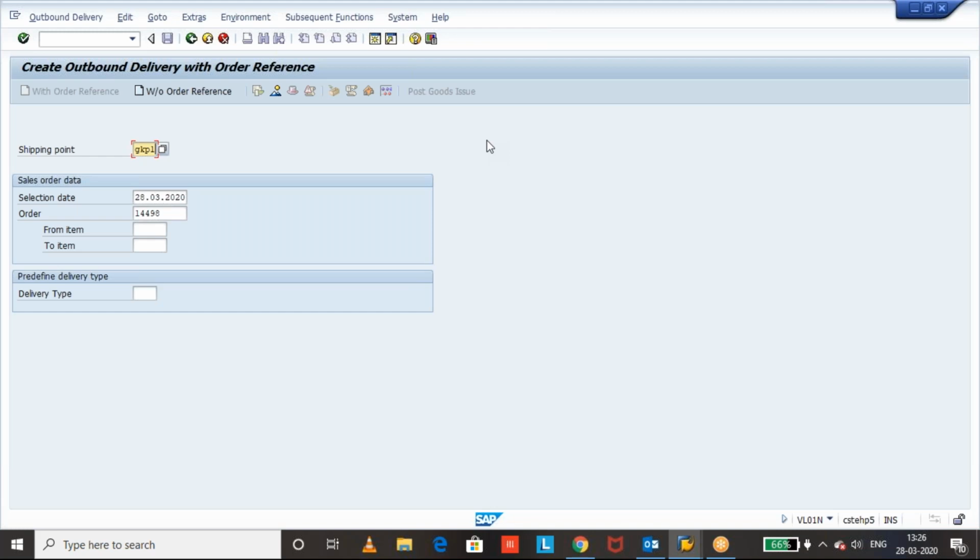In case of delivery, we have a transaction code which can reverse that picking confirmation. We are going to see what the steps involved are and how we are going to perform them. Let us create a delivery against a sales order first to initiate our transaction. I will create an outbound delivery with reference to a sales order, and then we are going to create a transfer order and then confirm the transfer order. Then we'll see how to reverse the picking confirmation.